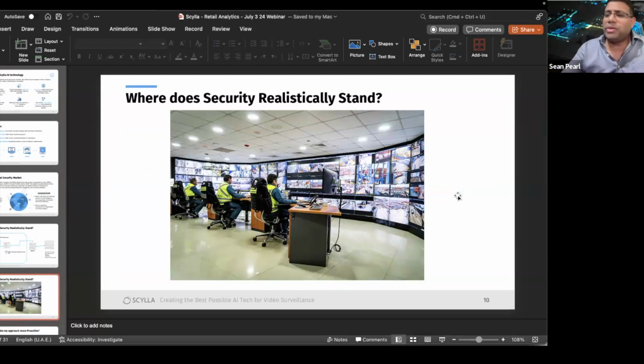And this could be due to various reasons. Maybe he's working for long hours, so he's tired. He can't really concentrate that well. He gets pulled in for something or different sorts of scenarios. So from a security perspective, you can't really afford to miss out on certain events, especially if they are of a hazardous or critical nature.